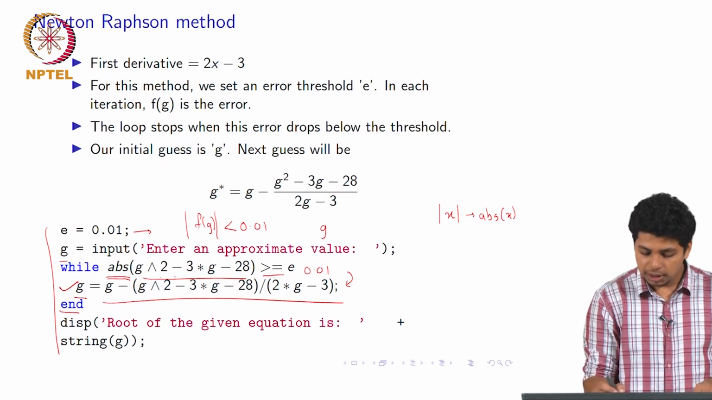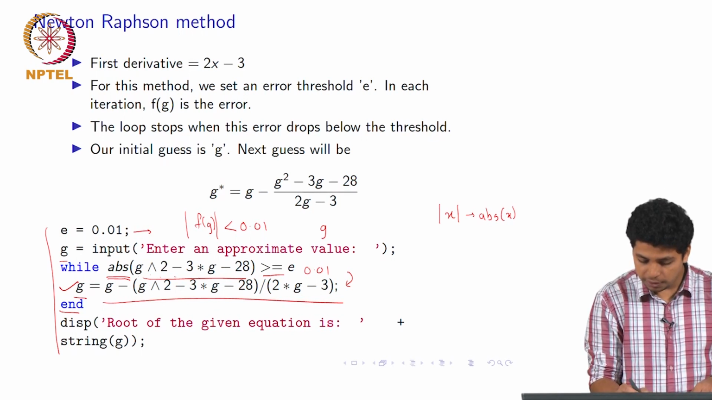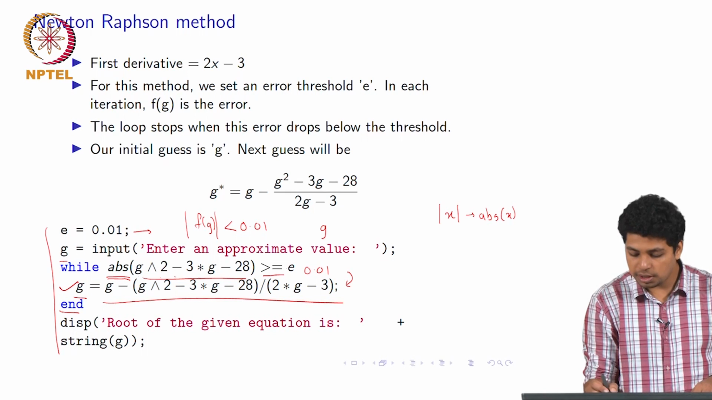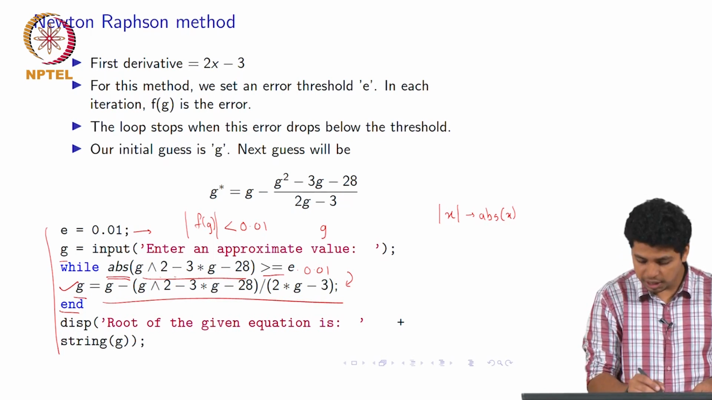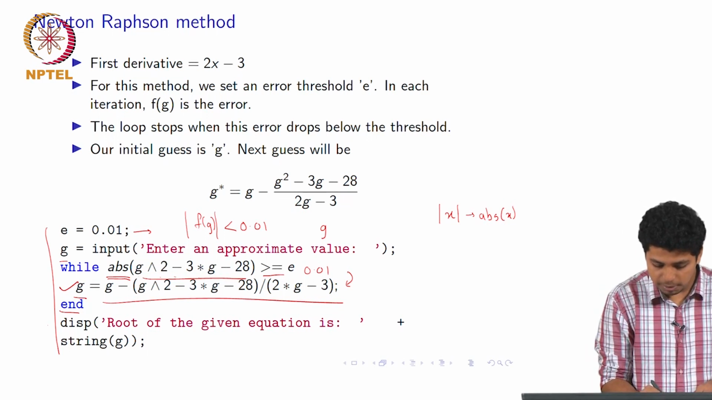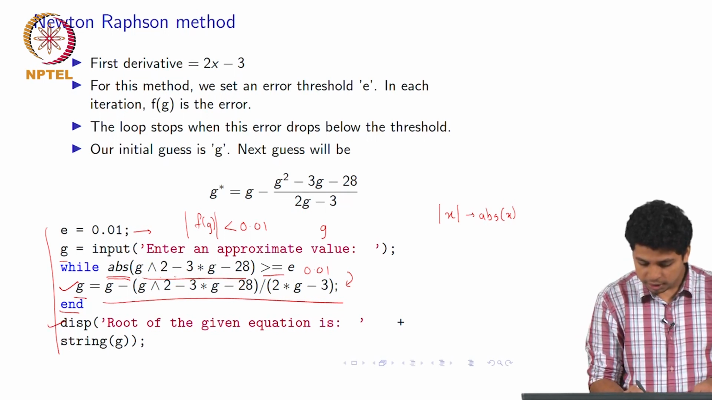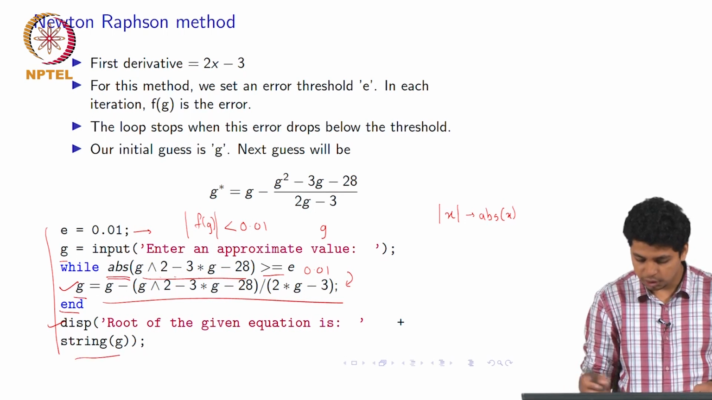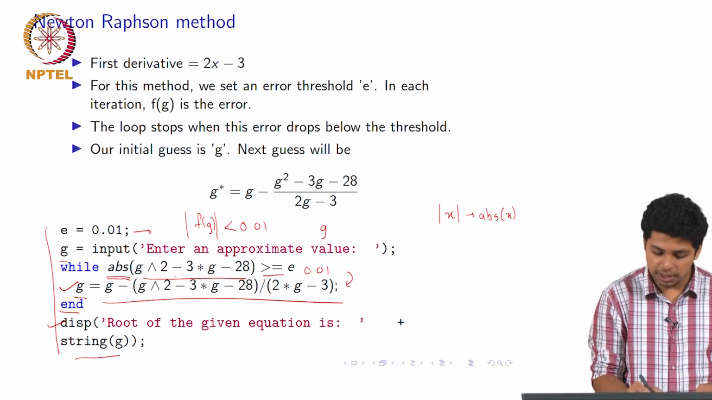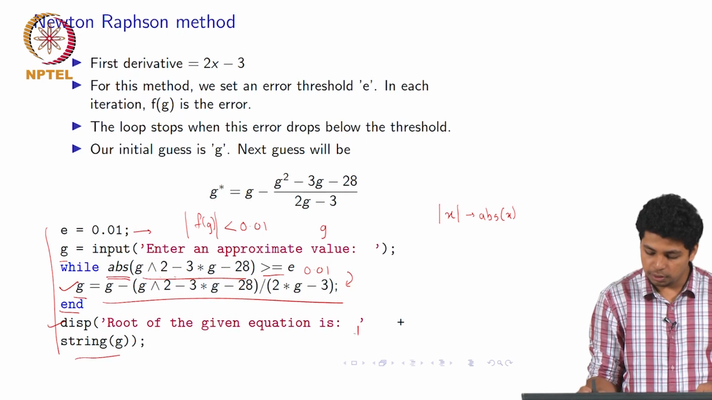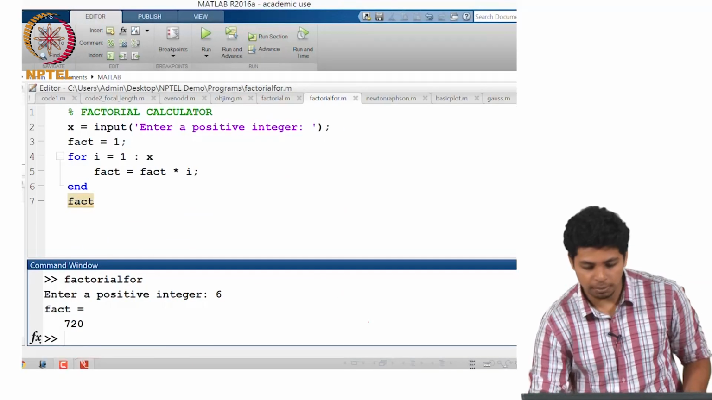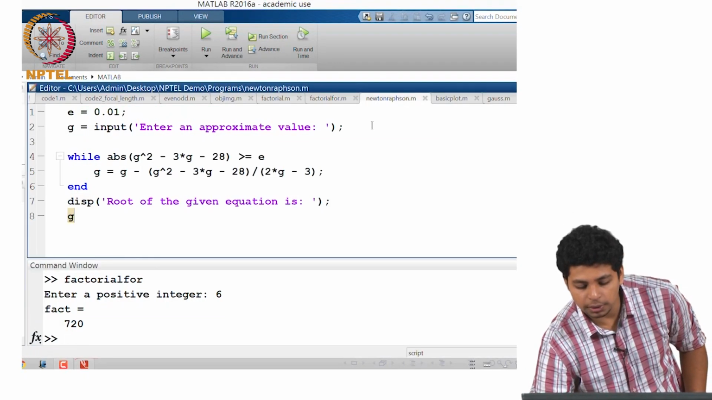The moment the value of the absolute value of g square minus 3g minus 28 falls below e, the execution of the loop will stop, and we will accept that g as a solution. And then the last statement is display the root of given equation is string g. So I mean string g as in the value of g is converted into a string, and it is appended to this statement. Now we will run this program,